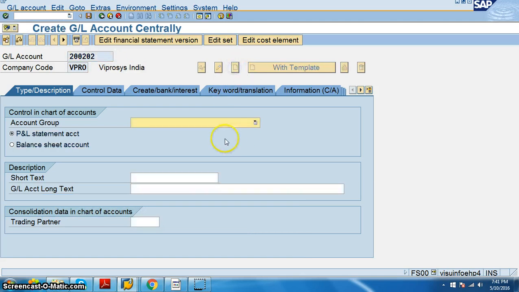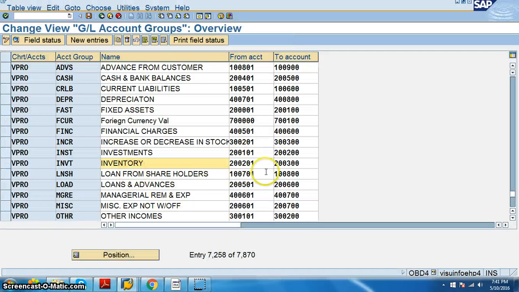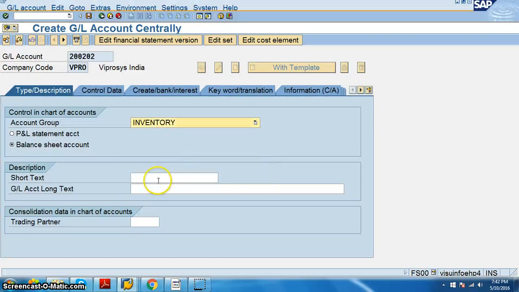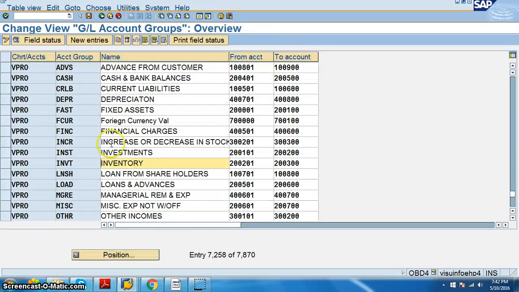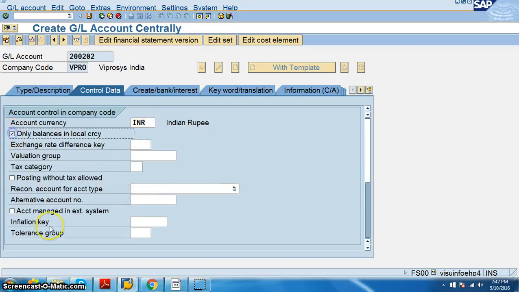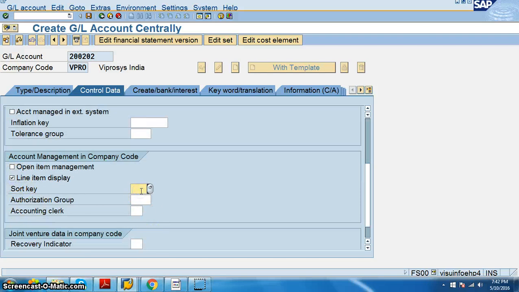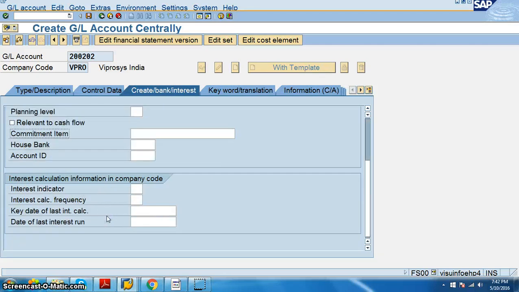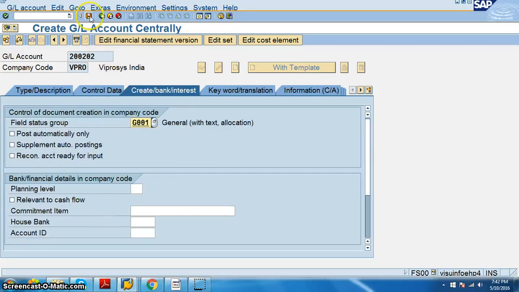Yes. Create, and in this we have balance sheet account, and we are going to go for inventory. The drop down will select inventory here, and then I'm copying and pasting the description that we have. Inventory RM account, control data INR, balances only in local currencies. Line item sort key is 001. Interest, we have this as G001. Save it.